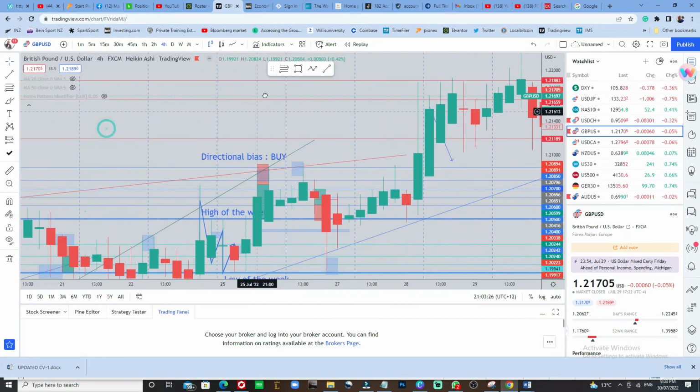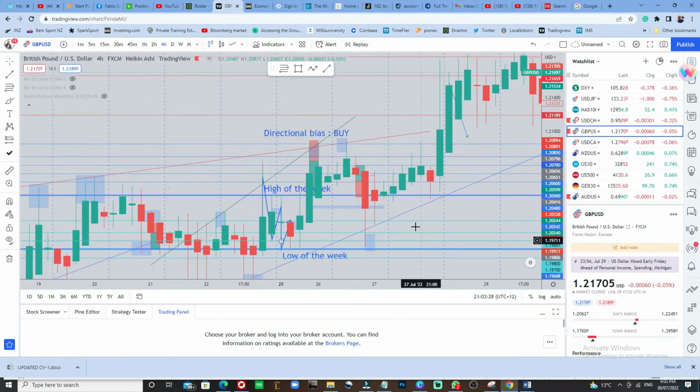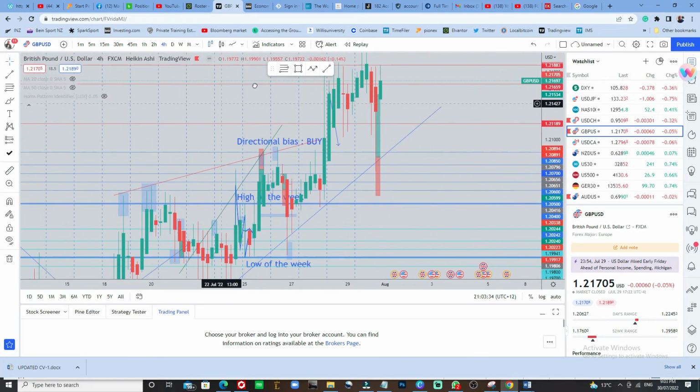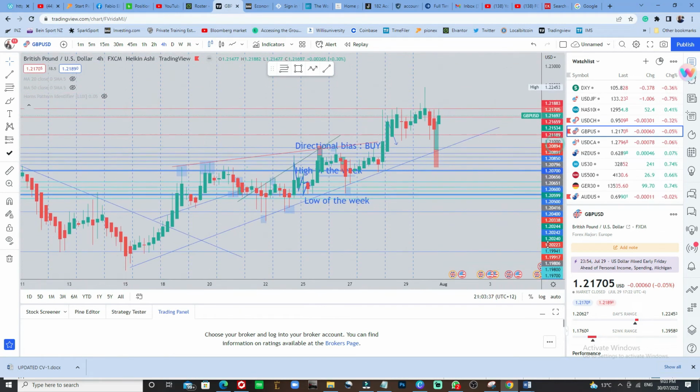Then what we do next is to draw trend lines, still on the 4 hour time frame. What are trend lines? Trend lines are just lines that have at least two points of contact. I drew this line up, and I think I drew this line down. Then I stepped down to a 15 minute time frame.